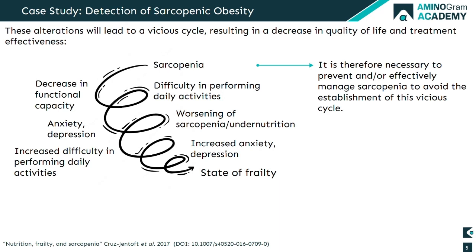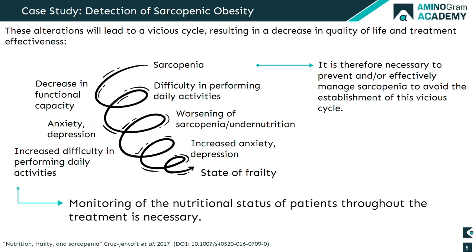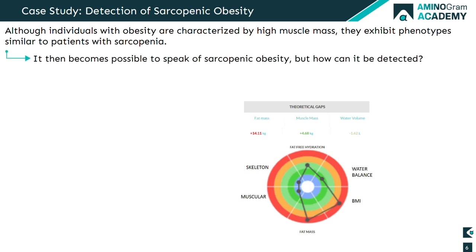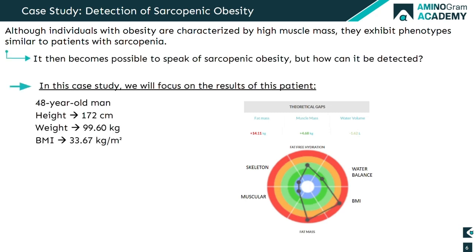And so it is really important to prevent or effectively manage this sarcopenia to avoid the establishment of vicious cycles. The problem is that I told you that sarcopenia is a decrease in strength and muscle mass, and we arrive at a paradox, which is that people with obesity have high muscle mass, yet they exhibit phenotypes similar to patients with sarcopenia. And so, we will talk about sarcopenic obesity, but it's mainly about how it will be detected and how we will